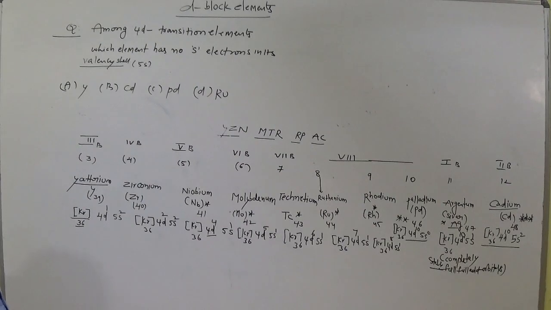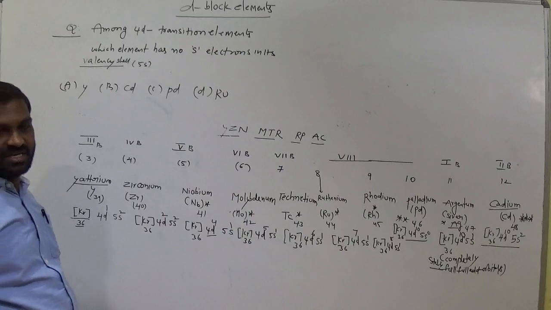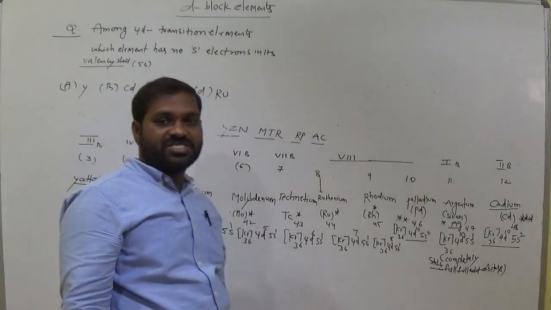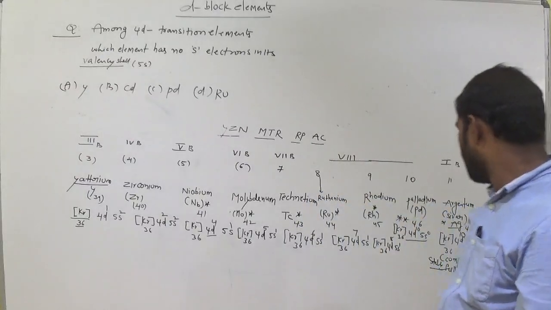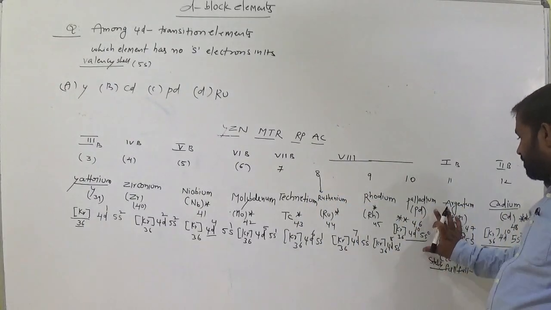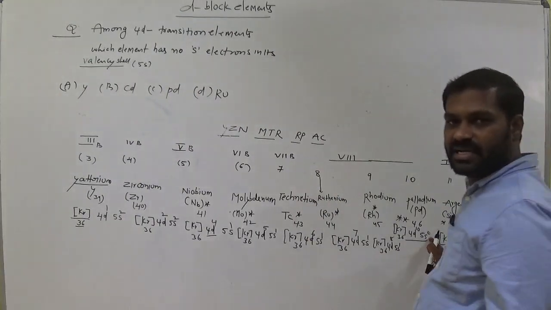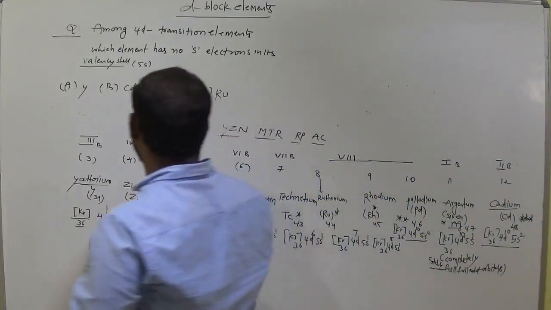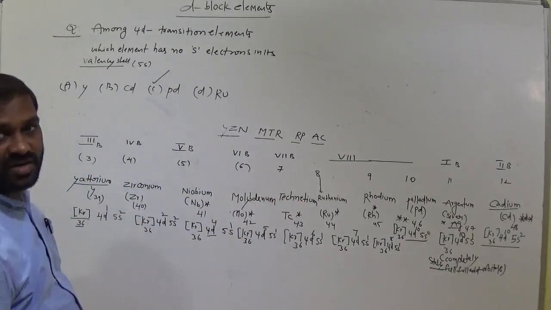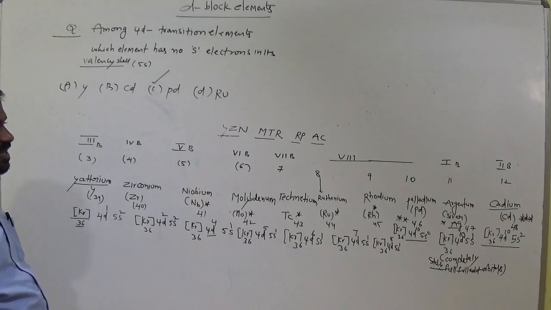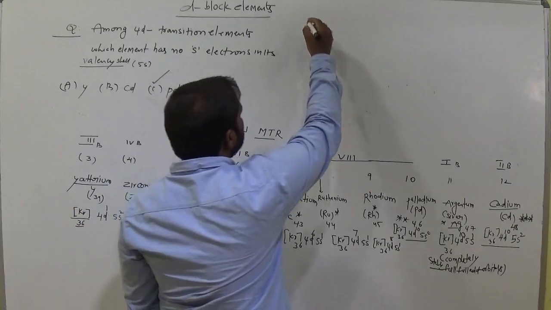So which one has no electron in the s orbital in the given electronic configuration of 4d transition elements or second transition elements? Okay, so now which one? Clearly we have palladium. This is the answer. So there are no s electrons here. Am I right? No s electrons. The remaining all have s electrons, either 2 or 1 in the s orbital. Clear up to everyone? Right. Next question.